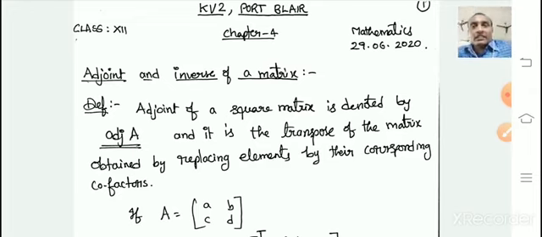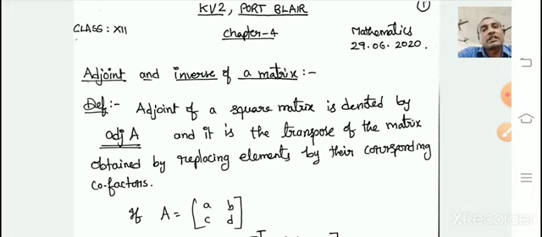In the previous video, you have seen how to find out minor and cofactors of an element in the determinant. If you take an element in the determinant, how to find out the minor and cofactor of the determinant. The definitions were explained very clearly and we have done some examples also, but you will have to practice a lot. In that exercise also, one exercise was there, that is exercise 4.4. Hope everyone has done that exercise 4.4. With that thorough practice you will understand the adjoint and inverse of a matrix. Now I am explaining it.